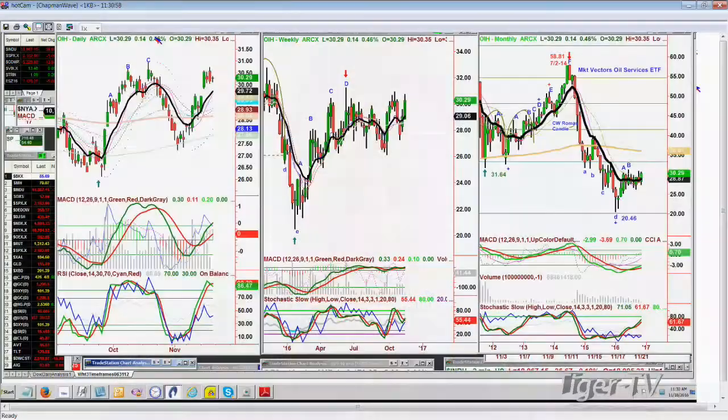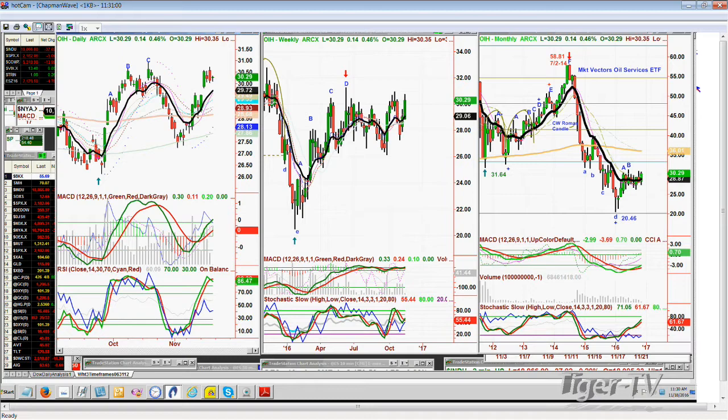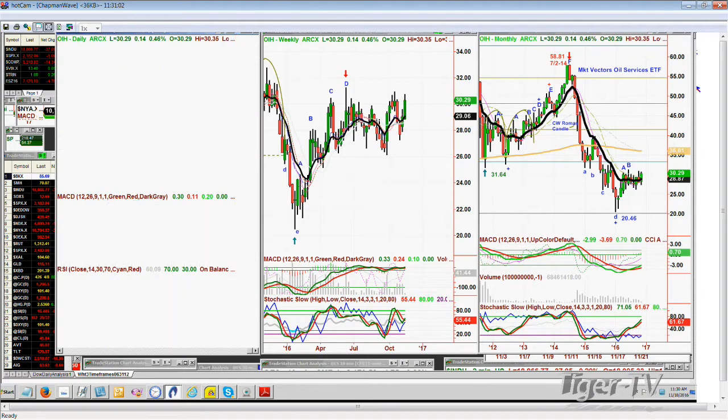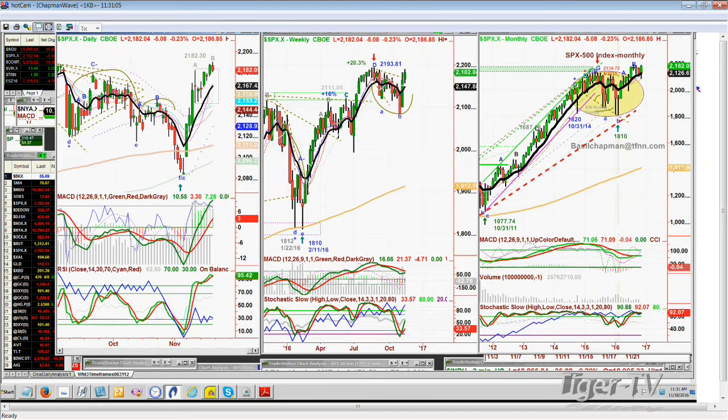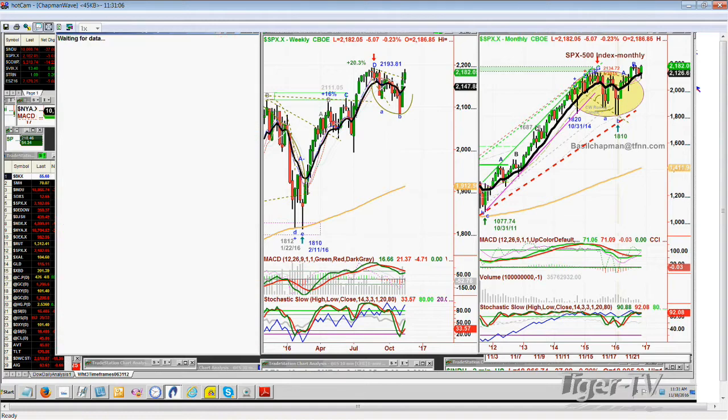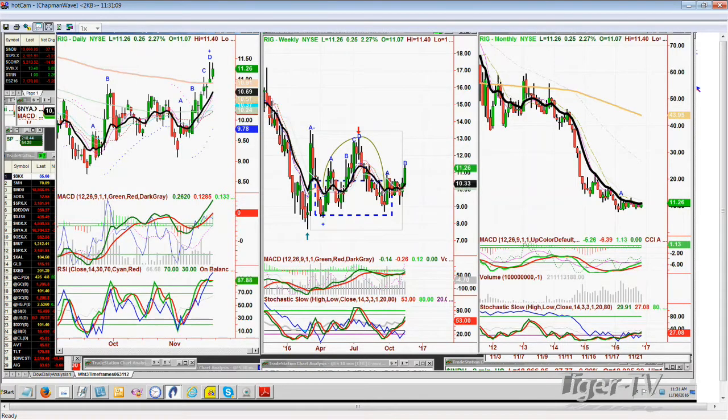The stock today is Transocean Offshore. So RIG is the symbol. Oops, I just messed up something here. Let me just go back again. One second, and we're all ready to put in RIG, Transocean Limited, Oil Service, I believe is the exact title, and it's trading at 11.26, up 25 cents.